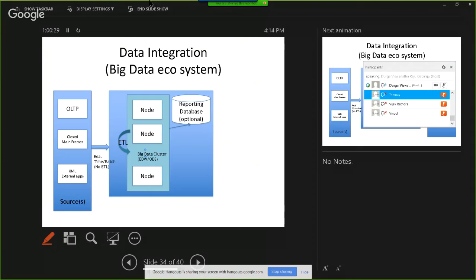Even with Informatica Big Data Connector, they give two options. One, you can use Informatica server to process the data, or you can use Hadoop cluster to process the data. And the irony is, if you want to use just Big Data Connector, you have to pay licensing for the Informatica server also. Okay, so you will end up paying for Informatica server to get Big Data Connector.